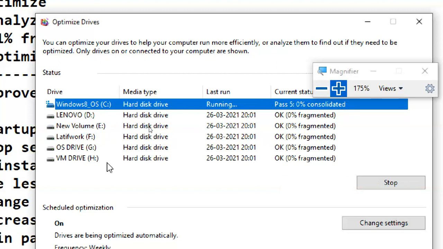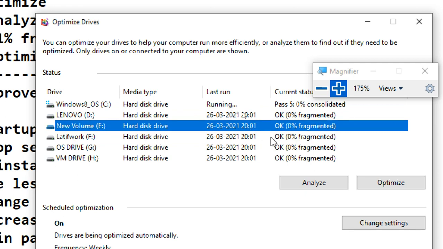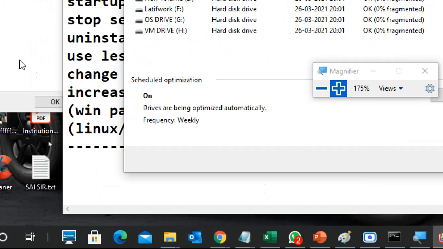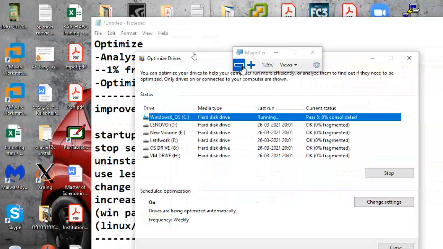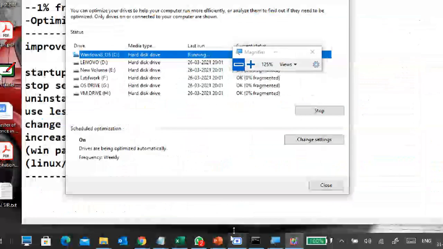If you want to try it on your system when you have free time, do it on the C drive, or otherwise try any other drive, which will take less time. For example, on my F, G or E drive it will take very little time. But the C drive has more applications and data running, so obviously it will be a little slower. I'm closing the ones that are not required one by one.